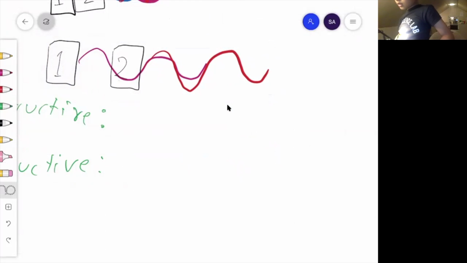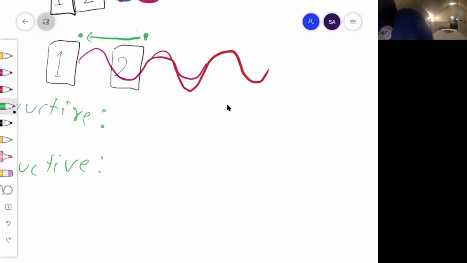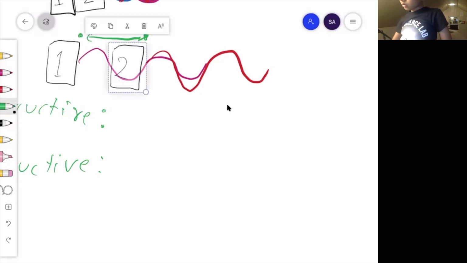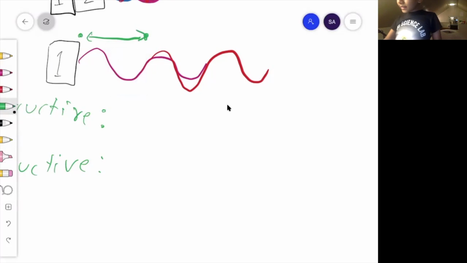And let's see. The front moved from here up to here. So it moved this much. So you can actually see that it moved 1 wavelength to be able to be constructive again.